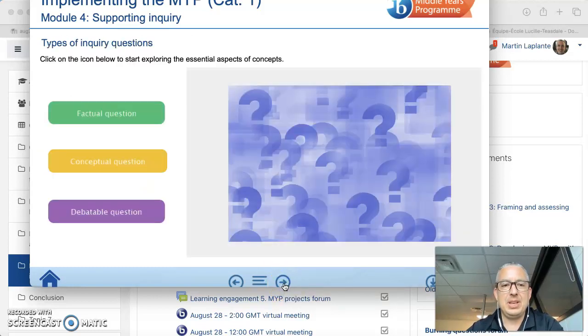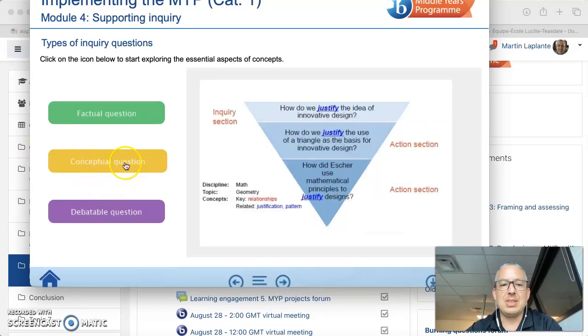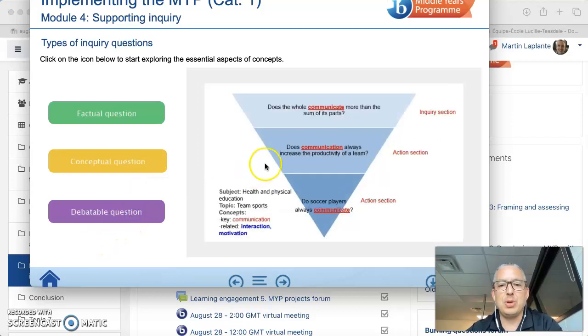So there are three types of questions. Factual questions really focus on the what and when. Questions go from the inquiry questions, and when we add the topic, they go in the action section. So it's something which is very important about the unit plans. Same thing with the conceptual questions, which are more like how and why, and debatable questions, which are really easy to understand